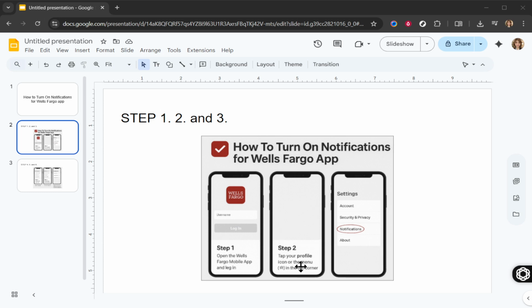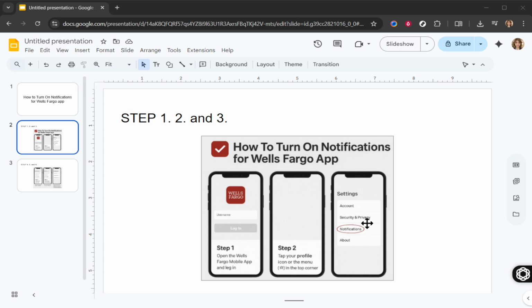Now, when you're inside the settings, one of the main categories you'll find is Notifications. Tap on that, and you'll be taken to a list of different types of alerts. Here's where the excitement happens. You can choose between several different alert categories. This might include notifications for every transaction you make, any deposits that come into your account, or even critical security alerts. The flexibility here allows you to tailor what information you want to be alerted about based on what's most